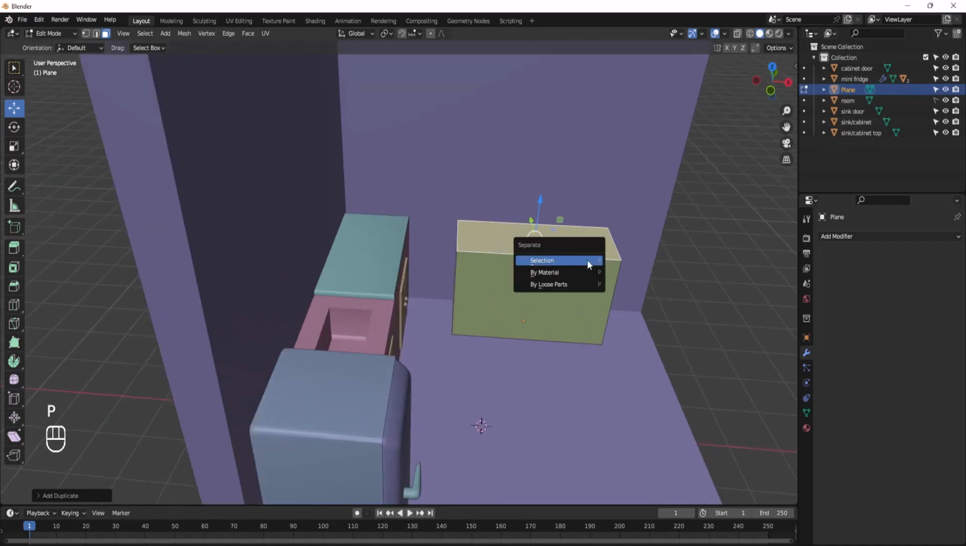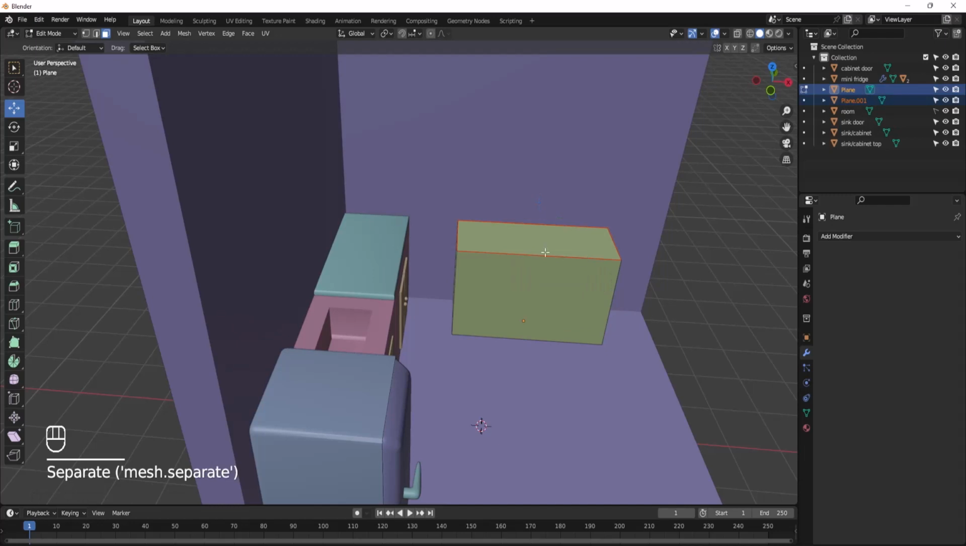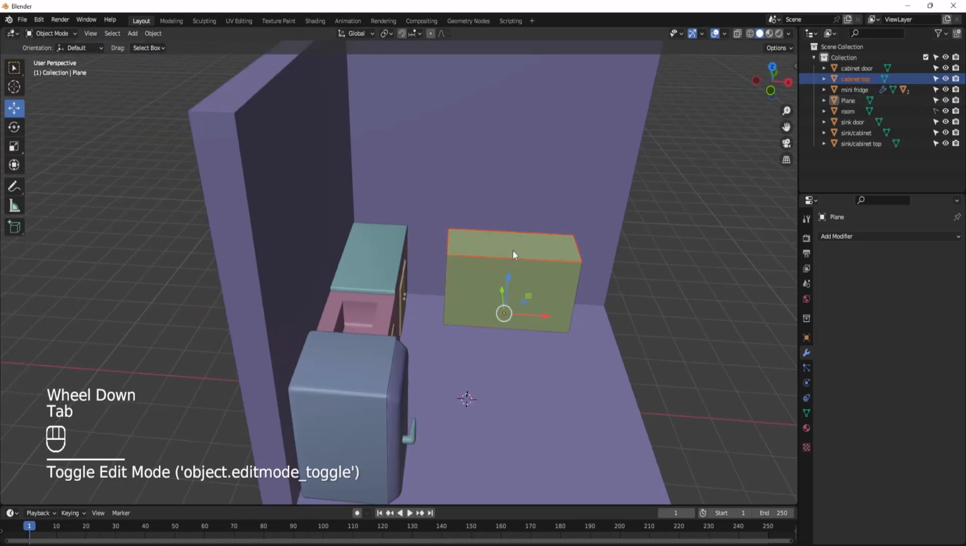Then P, then separate by selection. I'll quickly rename it to cabinet top, like so. So I will tab out, select my cabinet top,